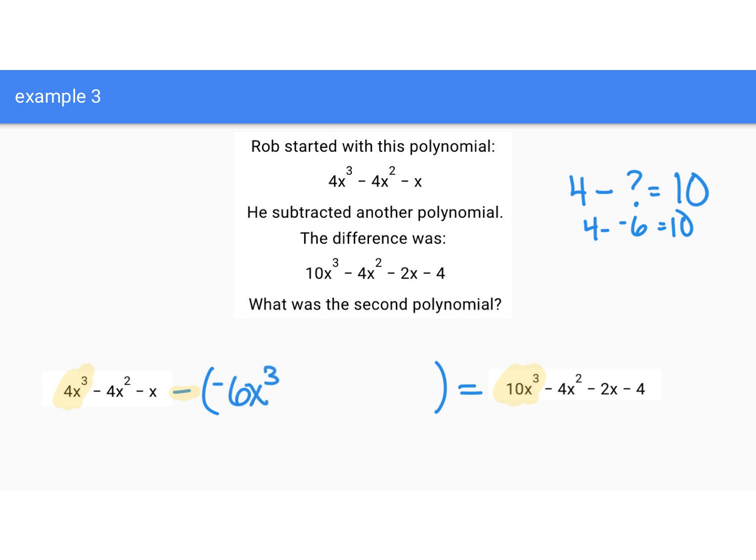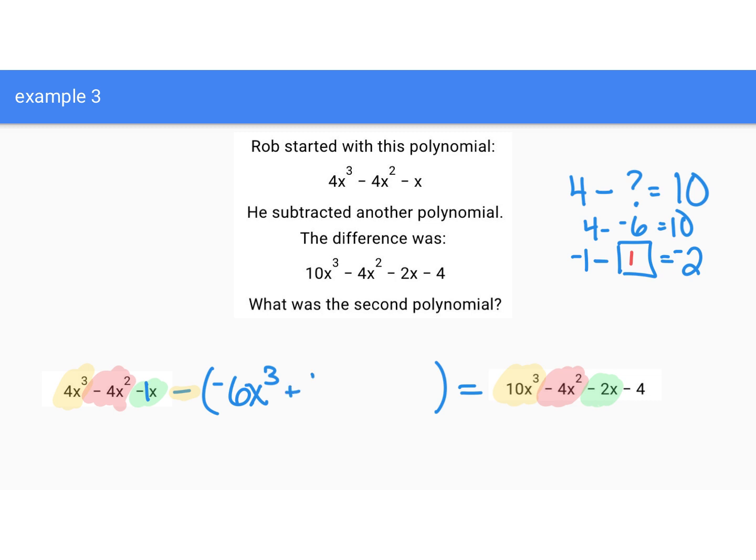I'm going to go on to my squared terms. I have a negative 4x squared, and I ended with a negative 4x squared. So that didn't change, so I'm not going to put anything in this polynomial to change that term. Then I go on to my linear term. I begin with a negative x, and Rob ends with a negative 2x. So those coefficients are negative 1 and ending with negative 2. So I'm thinking negative 1 minus what value equals negative 2. Hopefully you're thinking that would be a 1 in here. Negative 1 minus positive 1 is negative 2. So that means since it's a positive 1,